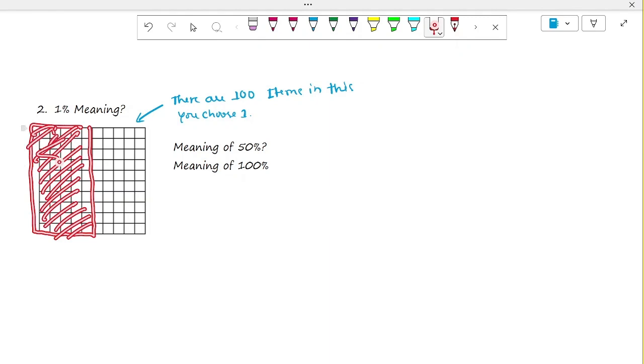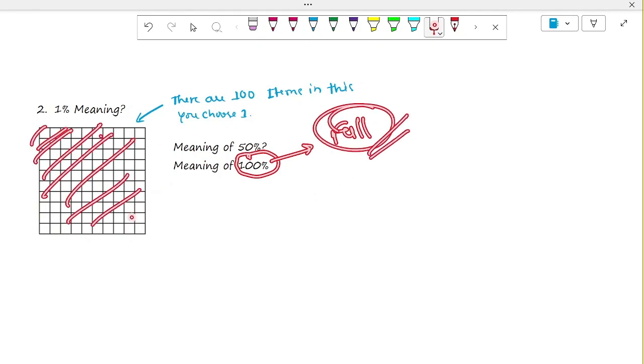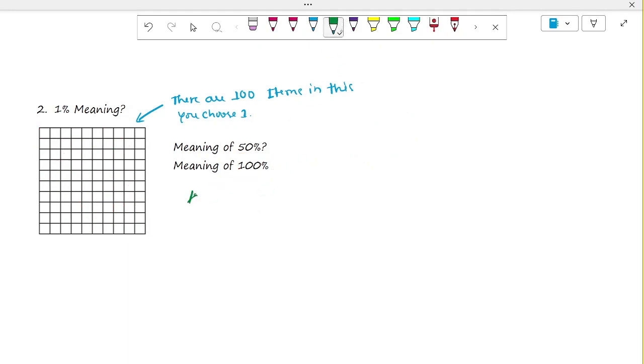So this is 50% and the remaining is 50%. This is 50 and this is 50, right? And the meaning of 100% is nothing but the full one. If you consider the whole thing, that is 100%. So you should be able to find out what is